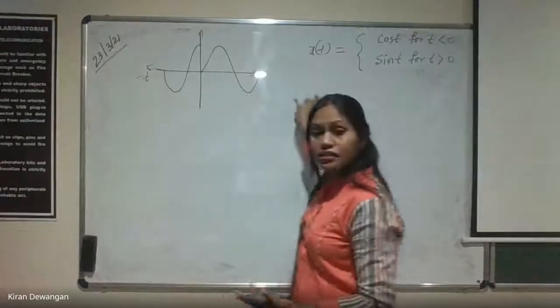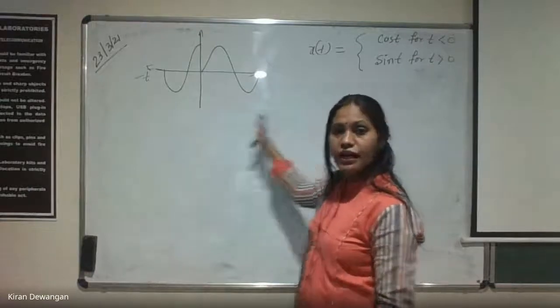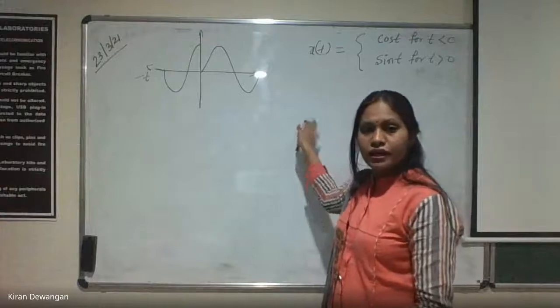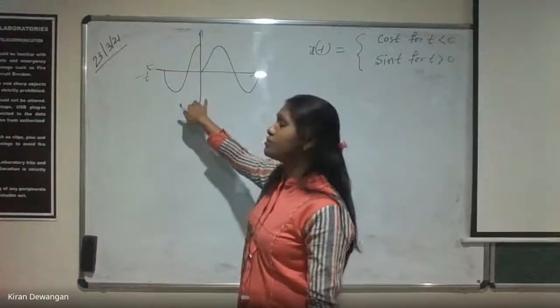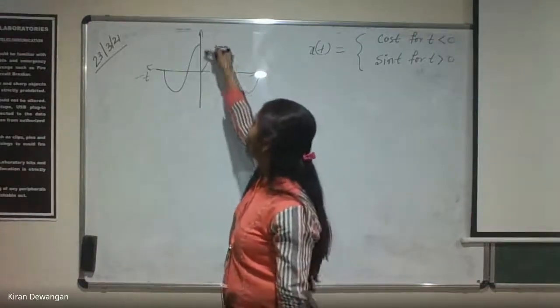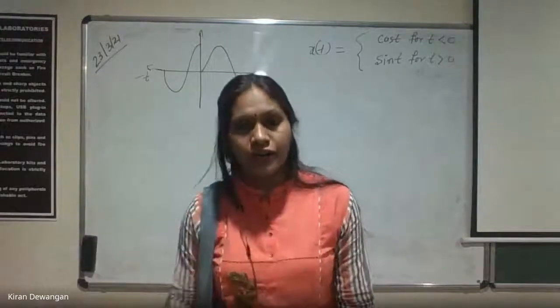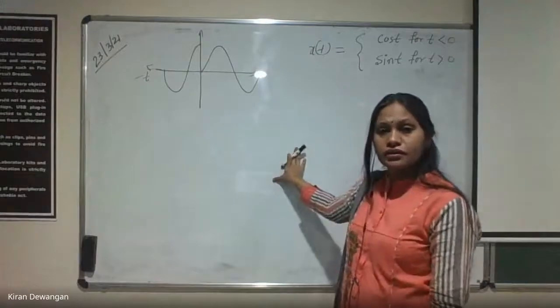We cannot just look into one half of a signal, that is just the positive t side and only the negative t side. We have to look at the whole. ठीक है, पूरा complete signal को देखना है. And at t equals 0, there is a discontinuity. That is, there is a drop from 1 to 0, and hence the signal is non-periodic in nature. Is this thing clear now? ये clear है? There is no confusion.